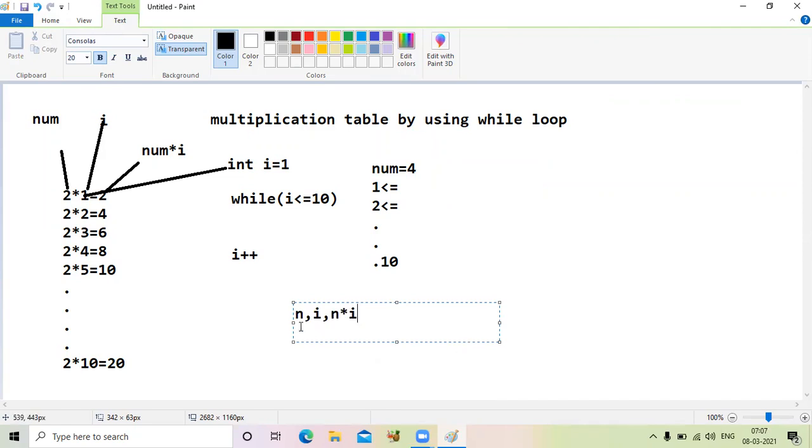For the three instructions, every time I'm giving percentage d, percentage d into percentage d equal to percentage d, and automatically we add slash n. What is the meaning of slash n? It means it will go to a new line. If you write the same logic in your while loop, you automatically get the multiplication table.